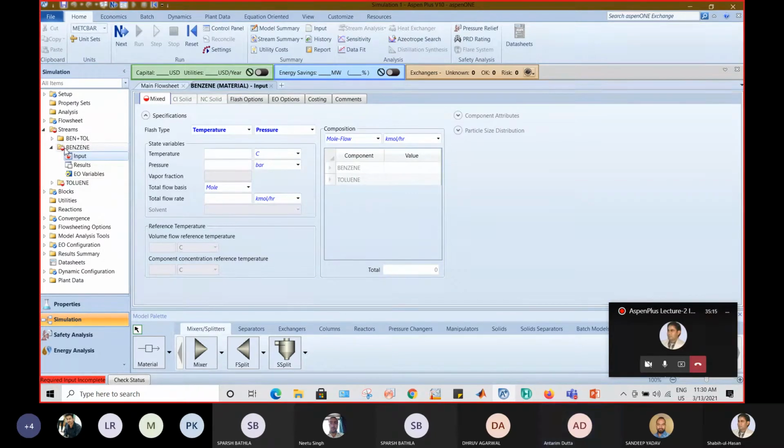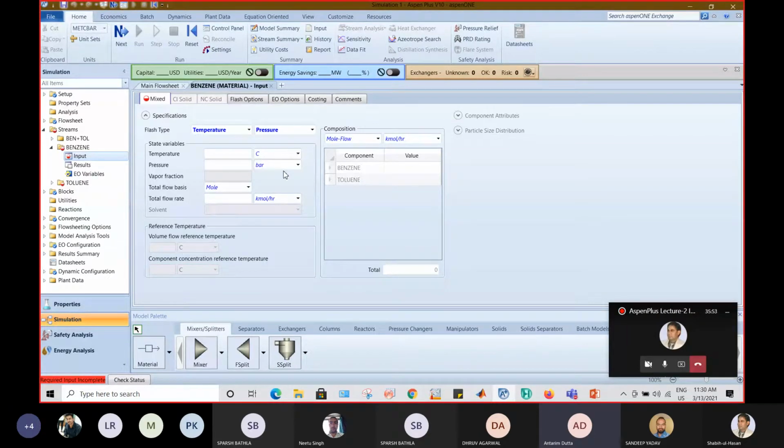That means the mixer model is a rate-based model. In Aspen, whatever models are available, each and every single model is a rate-based model. What do you mean by rate-based model? Rate-based models means these models are designed as per rating. You know what is as per rating? Supposedly I am designing an equipment. I have said that this particular equipment is designed as per rating. So by rating, I basically mean that it will work 100% ideally.